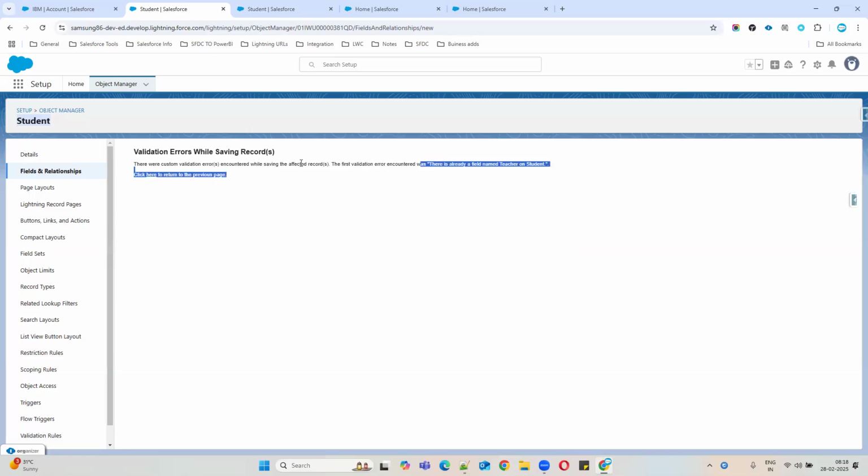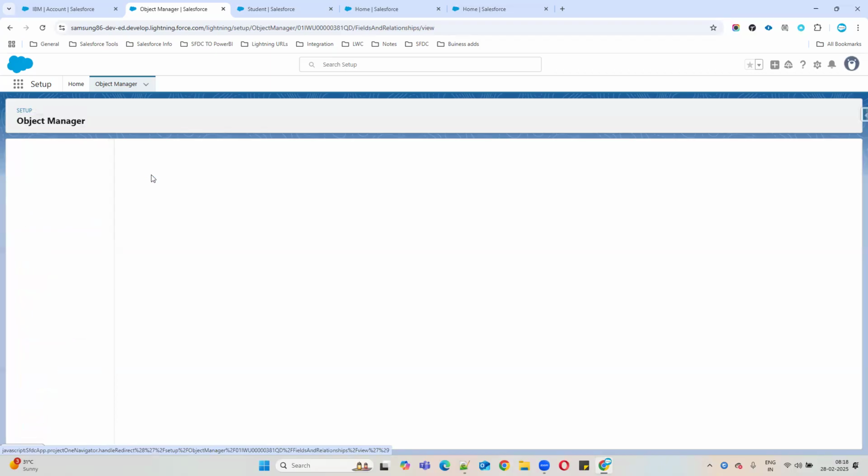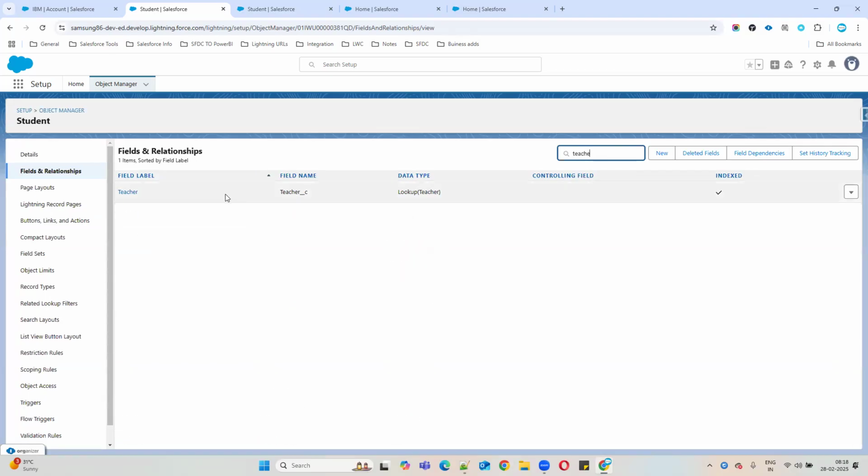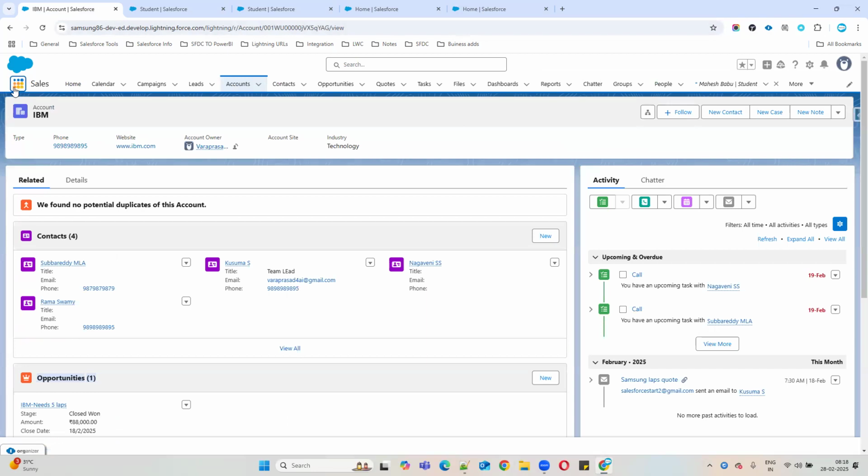Okay, already it is created. I have clicked 2 times. That's why it's showing an error message. Don't worry about that. Don't click that button 2 times. Sometimes if I click, it will give an error. So now you can see it is created. It is created already. So now if you go to the school app,